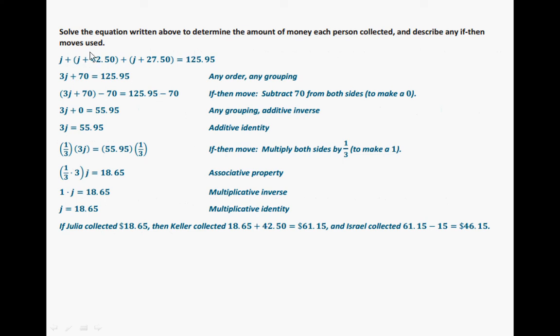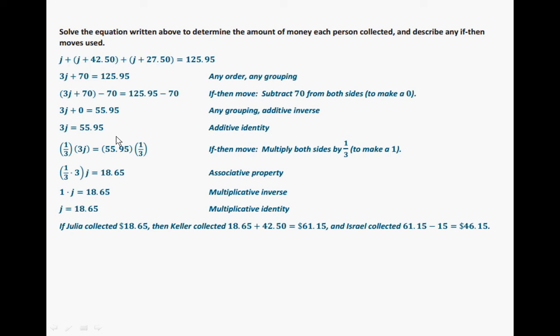So now, solving that equation, we can simplify. We get J plus J again, so that's where the 3J comes from, the any order, any grouping. And then we have our constants here, the $42.50 and the $27.50, that equals 70, and it equals our total. Well, then using our if-then move, subtracting $70 from both sides, we get 3J plus 0 equals 55.95, which is any grouping, and using the additive inverse right here, which the additive identity would mean that we are doing 3J